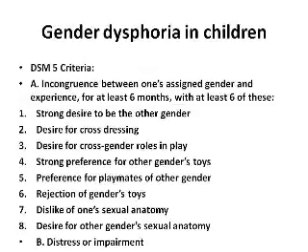Let's consider first of all gender dysphoria in children. The criteria of the DSM-5 for children: in order to diagnose this, first of all there must be an incongruence between one's assigned gender and experienced gender for at least 6 months with at least 6 of these symptoms. First of all, a strong desire to be the other gender, a desire for cross-dressing, a desire for cross-gender roles in play. So if you're a boy and you like to play with Barbie dolls, or if you're a girl and you like to play, I don't know, with trucks or machine guns, well, that could be symptom number 3. I'm sorry, symptom number 4.